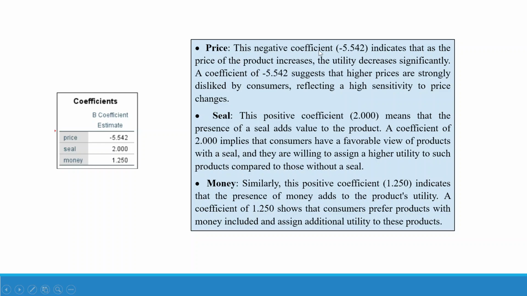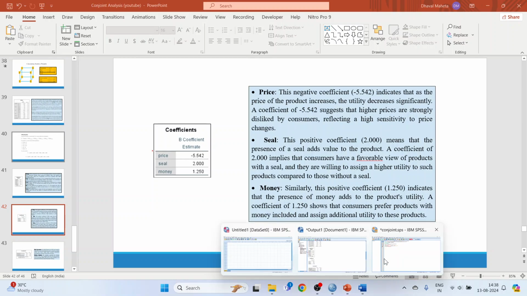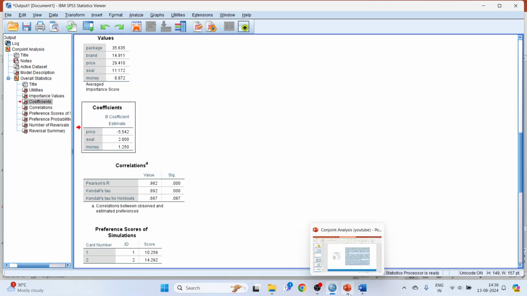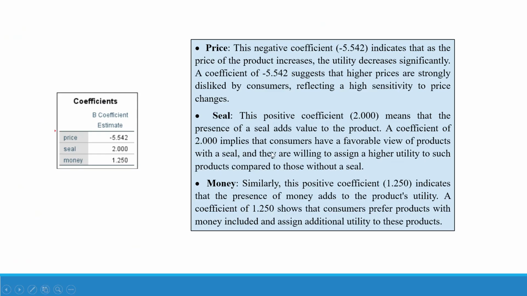Coefficients. The negative coefficient of price. The negative coefficient, that is minus 5.542, indicates that as the price of the product increases, the utility decreases significantly. A coefficient of minus 5.542 suggests that higher prices are strongly disliked by consumers, reflecting a high sensitivity to